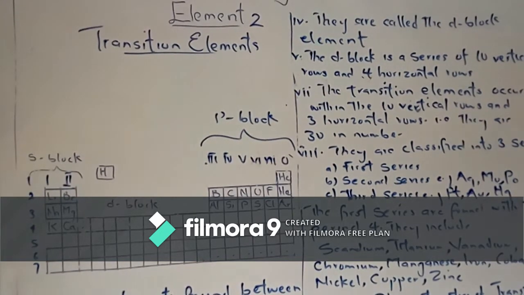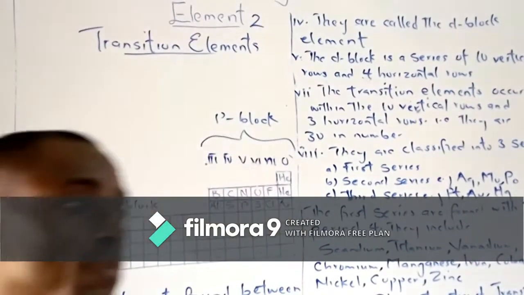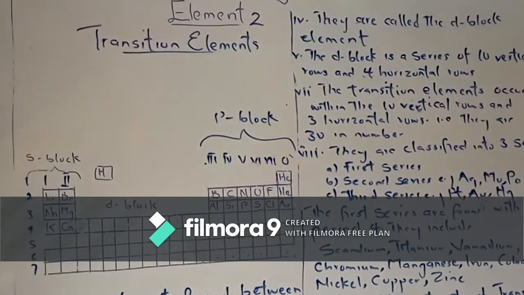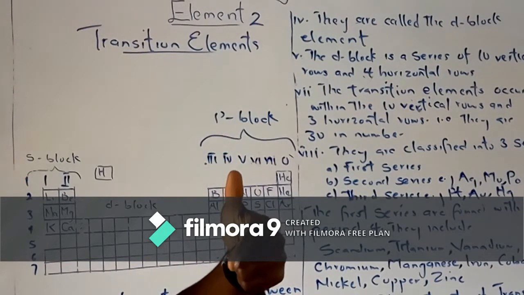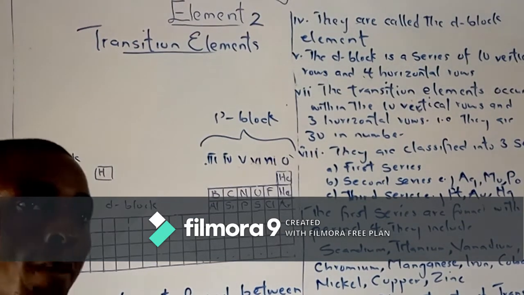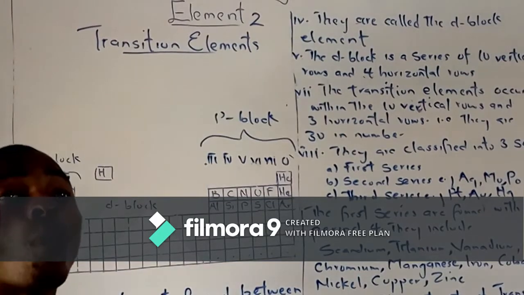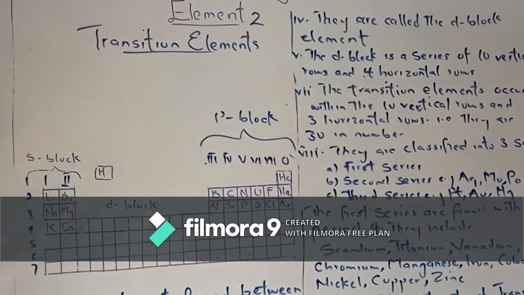What does that mean? Instead of filling the d orbital, we skip the d orbital and first fill the s orbital. For instance, we expect that the 2s subshell is higher than the 1s, so you fill the lower one, 1s, first before the 2s. Now, the 2s is lower than 2p, so fill the 2s before the 2p. Now, 4s and 3d: 3d comes before 4s, but we fill the 4s first before filling 3d.